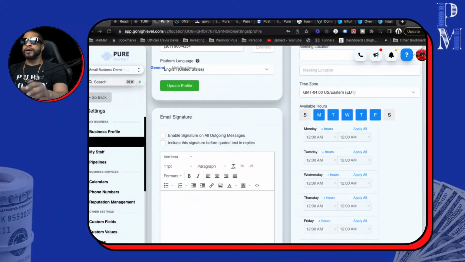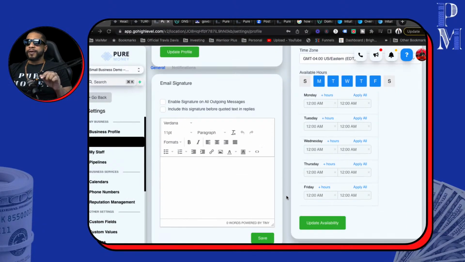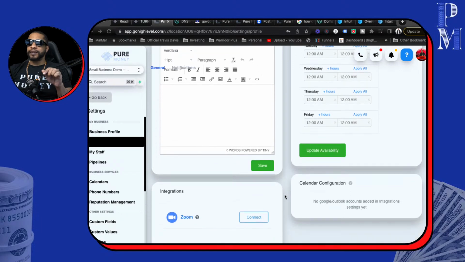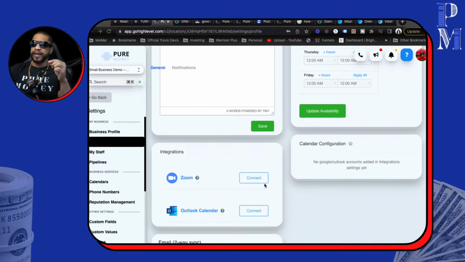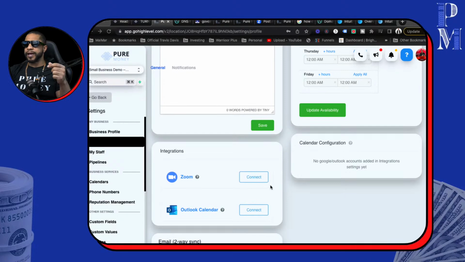Okay. So we went on that tangent about the email. It's very important that you try to get that thing connected to email. If you have a Zoom account, you're going to go ahead and connect your Zoom account. And the reason that we're doing this again is when people book a call with you, whether it's a paid call or a free call, however you want to set your business up, it's just going to auto connect Google to Zoom. When you get your Google email, it's going to auto connect to your email and calendar